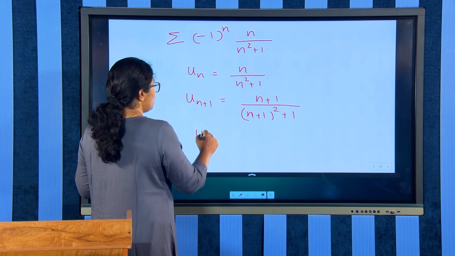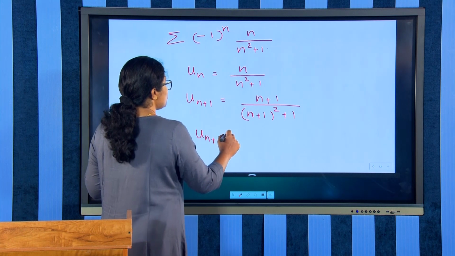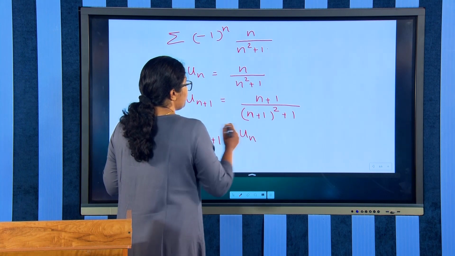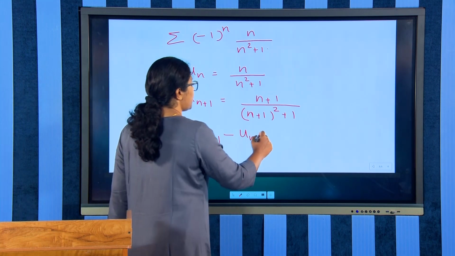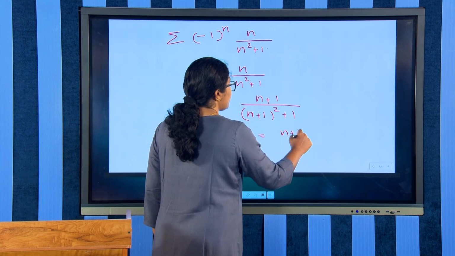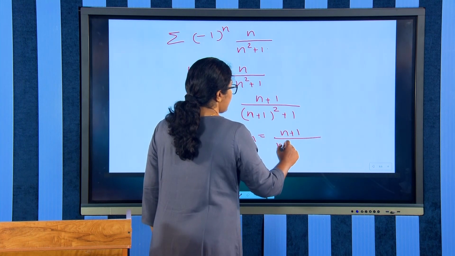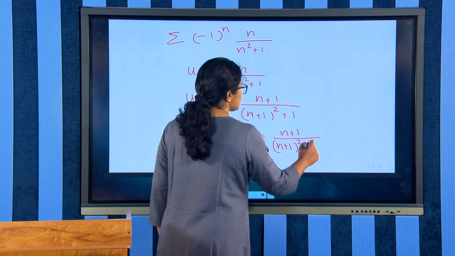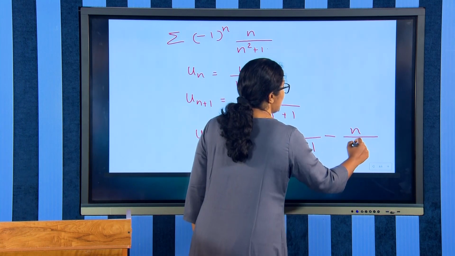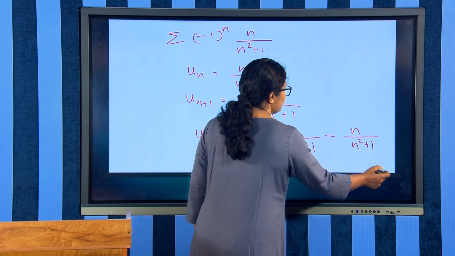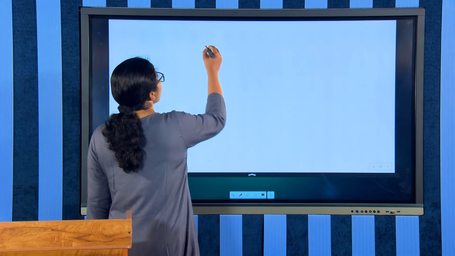So you can subtract un from un plus 1. That is equal to n plus 1 upon n plus 1 the whole square plus 1 minus n upon n square plus 1, which gives you